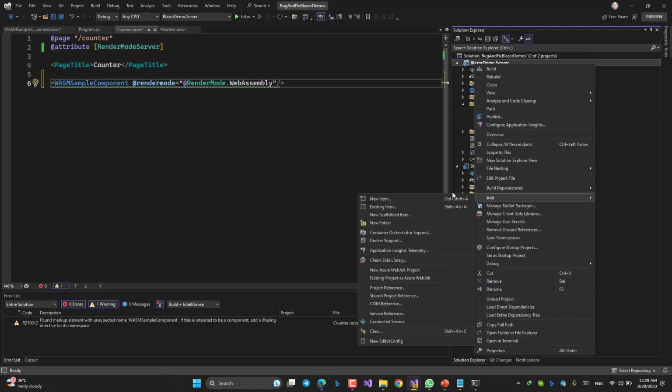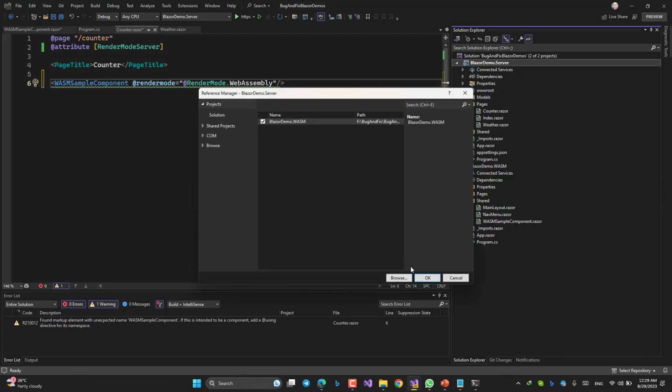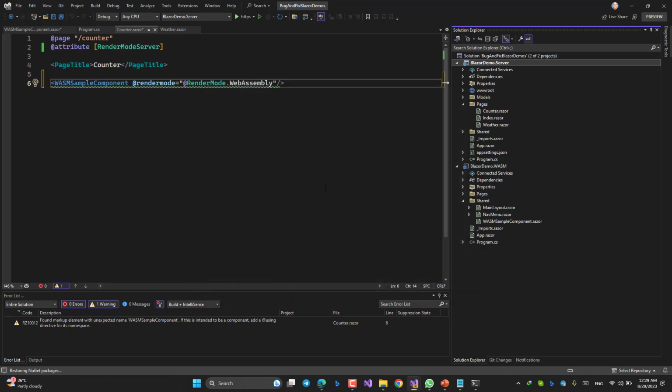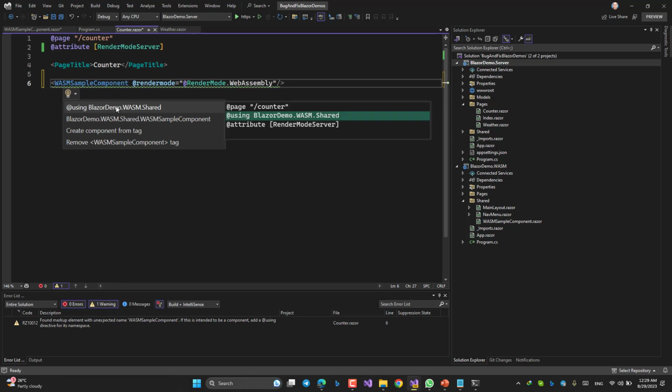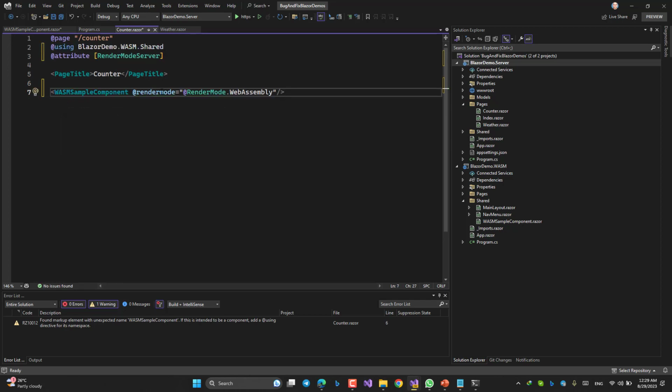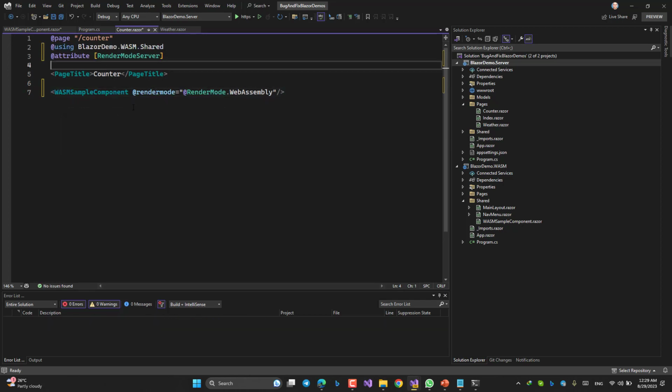So, add project reference, and I should add this WASM project to the server project. So now, see? Okay. Imagine that this part is not here. Okay? Now I can say